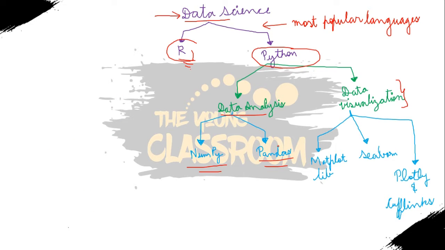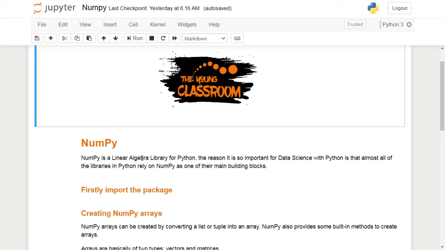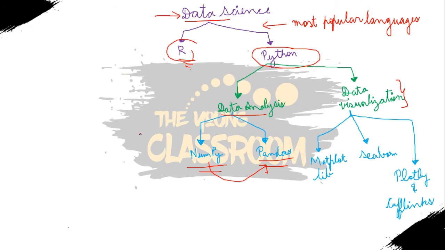Most of the libraries, like pandas or matplotlib, are all built over NumPy. So it is very important to know about NumPy first. It is a linear algebra library. I have told you previously that Python consists of inbuilt code, like the print function and so on. It is just a library. Python has a library which consists of inbuilt code which we can use in our program. This was the basic Python library.